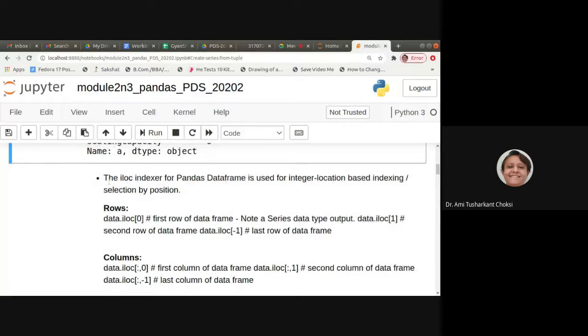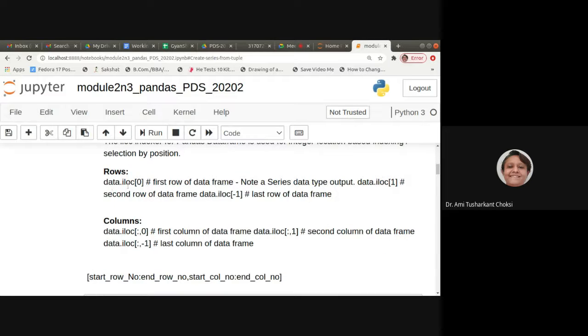Now, let us see the example for iLoc. The iLoc indexer for a pandas data frame is used for integer location based indexing, or selection by position. So we can say data.iloc[0]. That means the first row of the data frame.